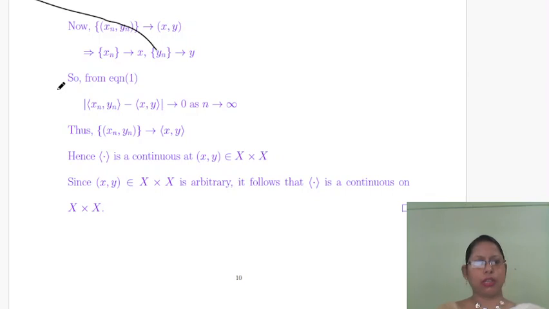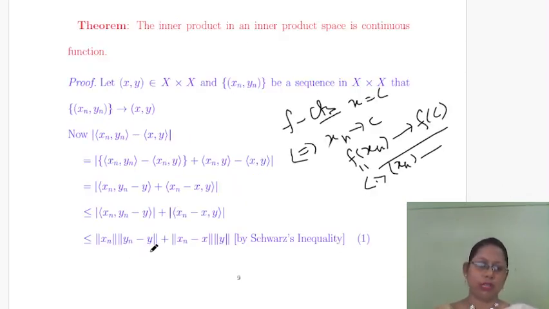Since xn converges to x and yn converges to y, the inner product of xn, yn converges to xy. So from 1, this inner product